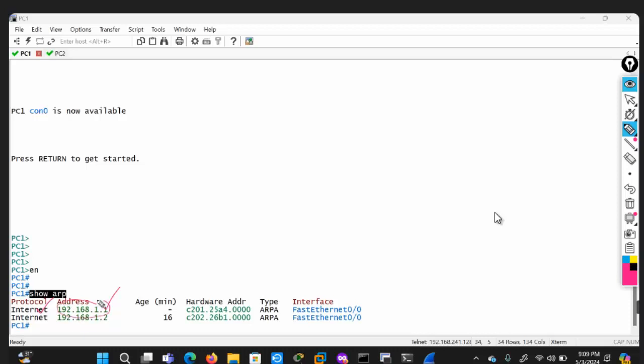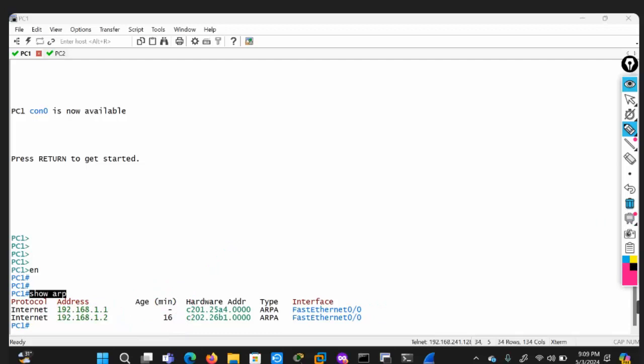And then this is the IP protocol. So this is the IP packet. And what does MIN mean? This is the aging time. Aging time means in how much time the ARP table will remove all the entries. So this is the age, meaning in how many minutes it will remove.